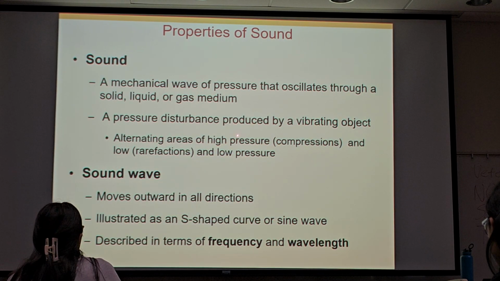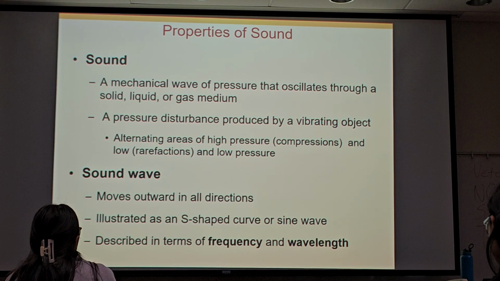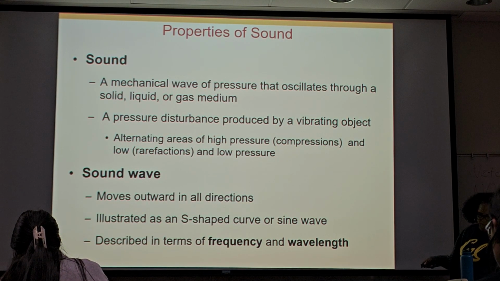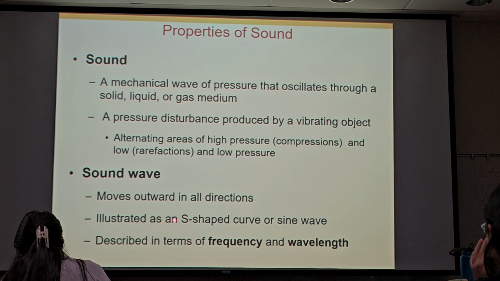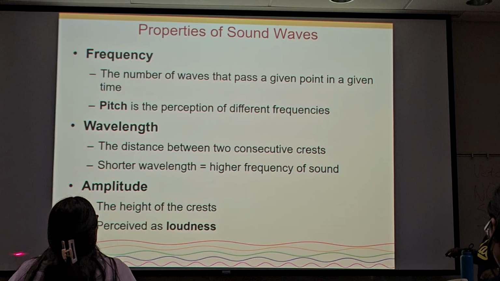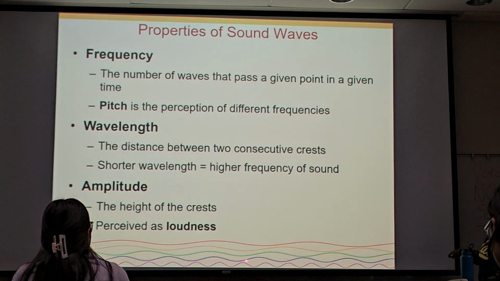That pressure can cause vibration in objects. Sound wave can move in all directions. And it's drawn as a sine curve, right? So up and down, up and down. So sound waves look like this, a sine curve,